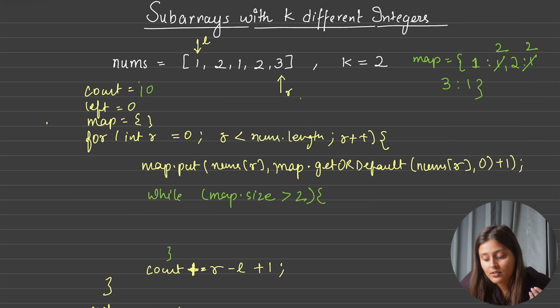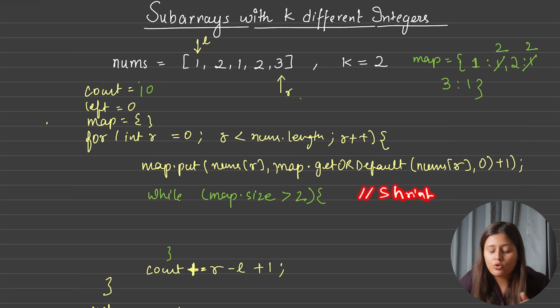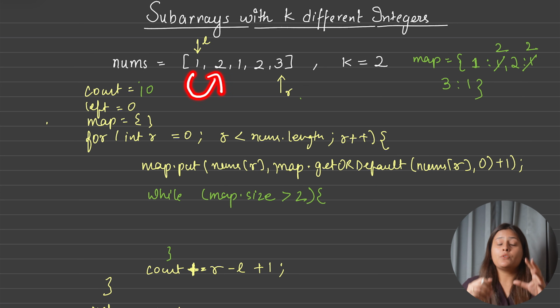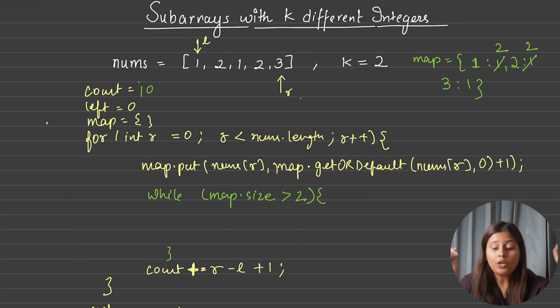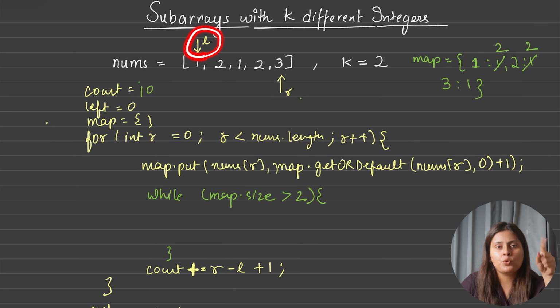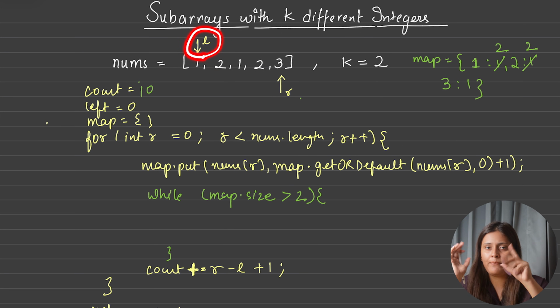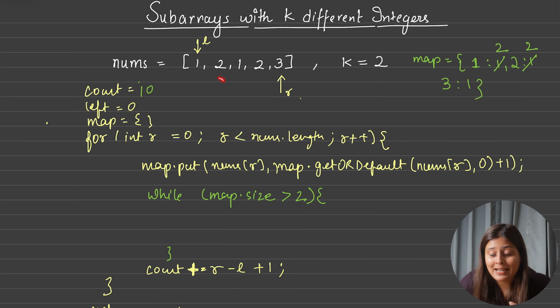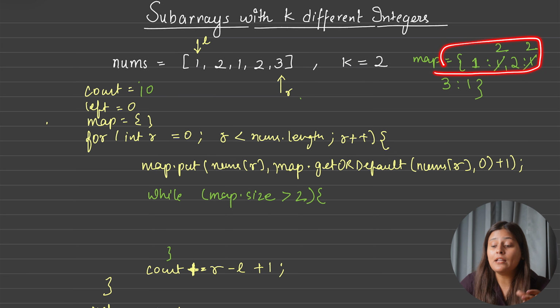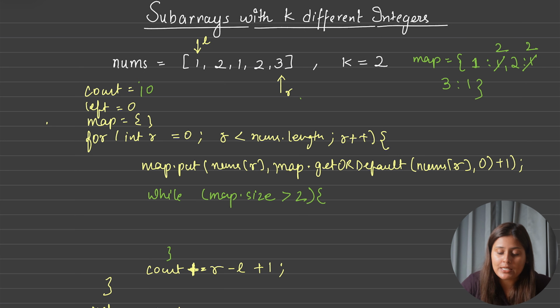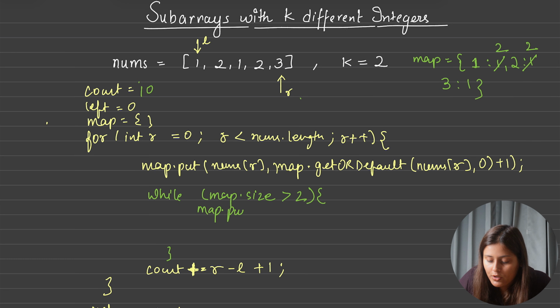And hence when the condition becomes false, what we do? We do the shrinking phase. So how will we do the shrinking phase? The shrinking phase starts from the left side. If you remember, whenever we do the summation, shrinking from the left side, we do the subtraction from that and do left plus plus. But here we were not adding in a summation variable; here we were adding to the map. How were we adding? We were incrementing the frequency. So here we have to decrement the frequency. So what will we do? From the map, I have to say map.put. Where to put?